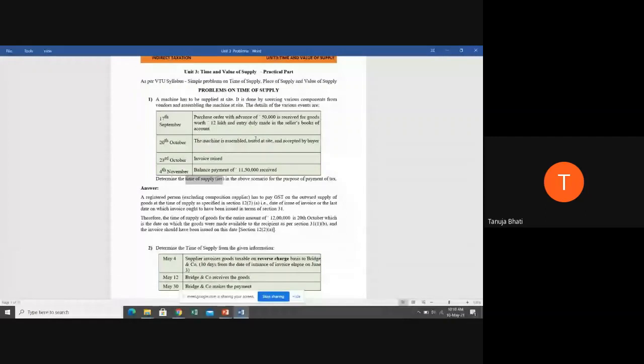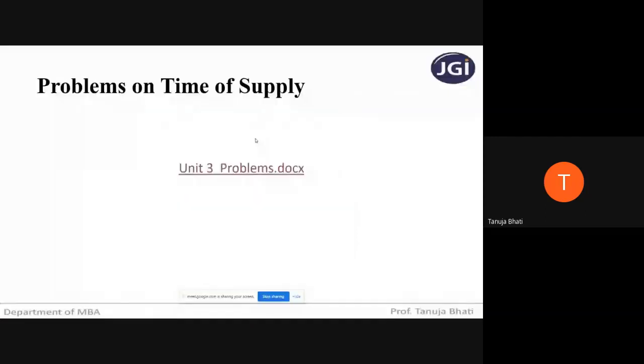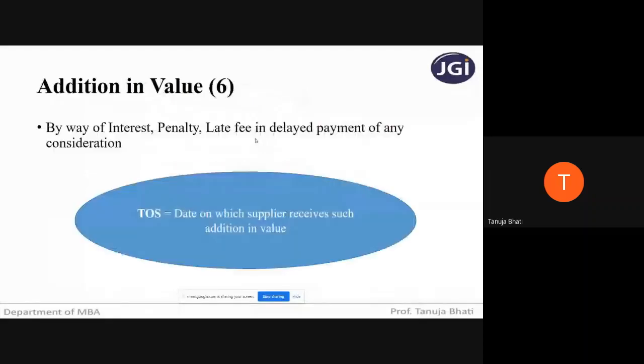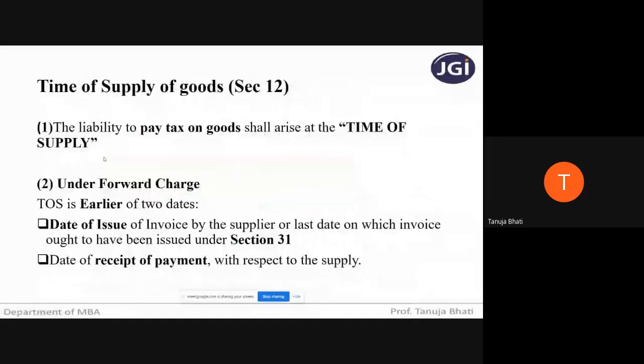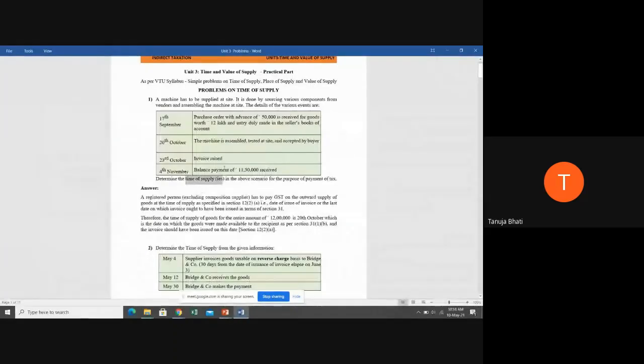Can any student tell me which are the 2 dates on which you need to see the time of supply of goods? It is the date of issue of invoice by the supplier, or the last date on which the invoice ought to have been issued by the supplier under section 31, or the date of receipt of payment. Now we just need to check the date of issue of invoice or date of receipt of payment. Compare these 2 dates. Whichever is the earlier date, it will be the time of supply. So moving ahead to our problem,